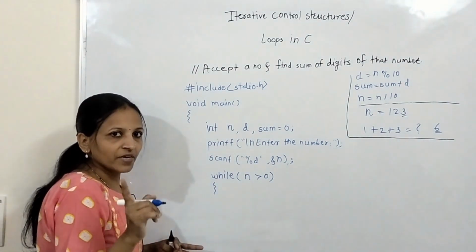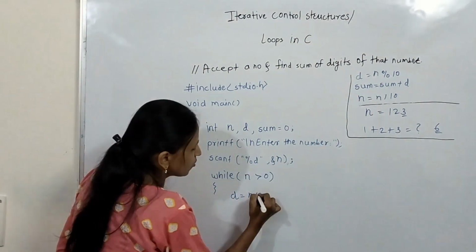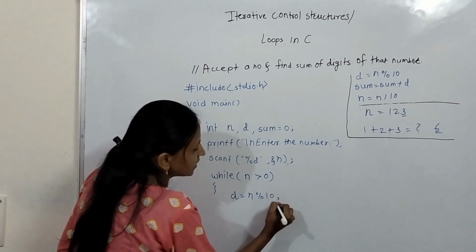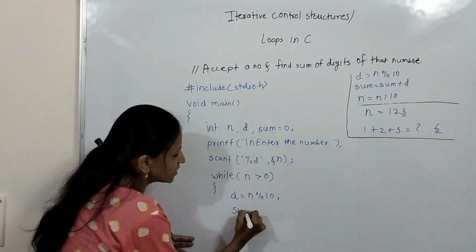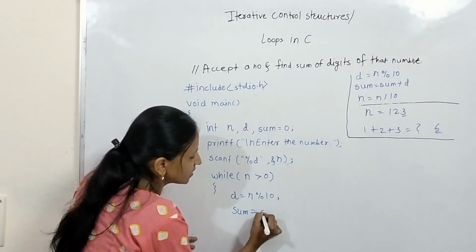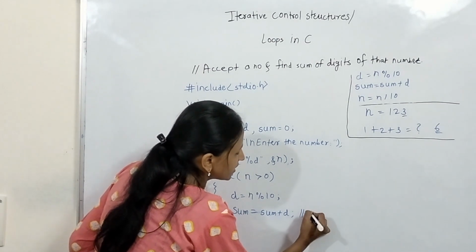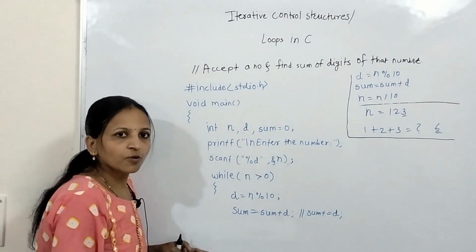First we have to separate the digit, that is this statement, d equals n modulus 10. Here d has been separated. Now we have to add that d into sum. That's why sum plus equals, or we can write sum equals sum plus d. It is similar; we can also write sum plus equals d with the help of this shorthand